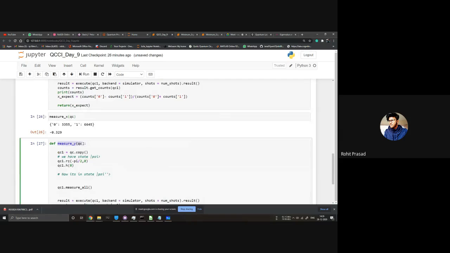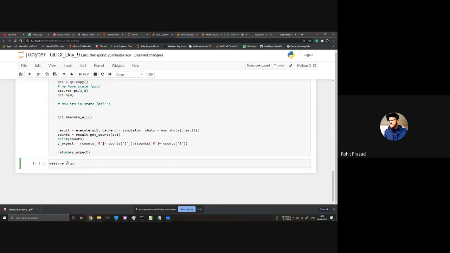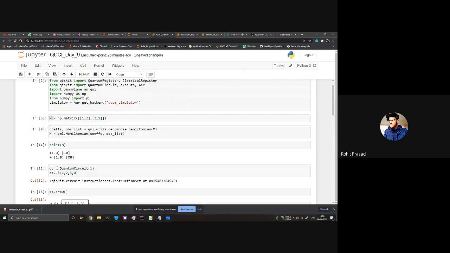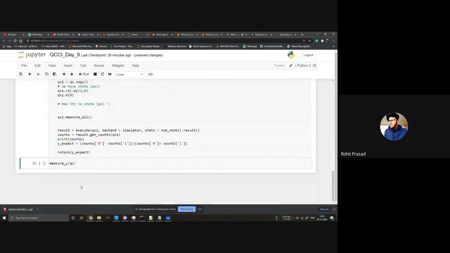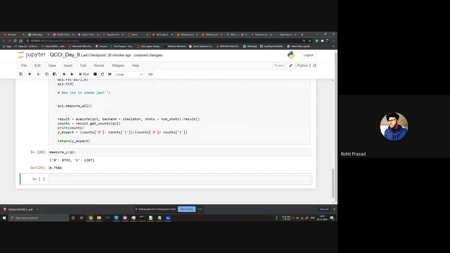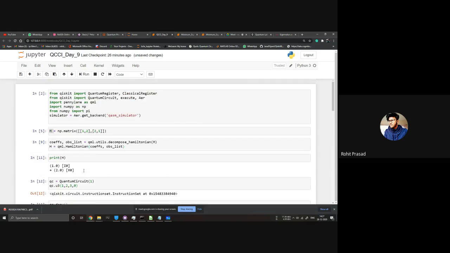Let's copy this one, Control V, and the QC that we want to put in is this one, the QC1. We do this, and we get our expectation value of y as this, and expectation value of identity is just one, right? So the expectation value of the matrix M is 1 into identity plus 2 into x.